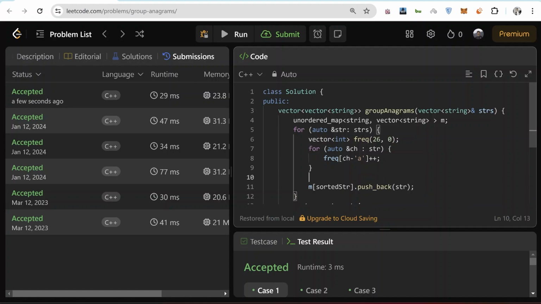Now I've stored these frequencies in this vector, but I want to have a string. So string, let's call it keyString. Initially let it be empty, and now for all values in the frequency vector, let's do something like this.